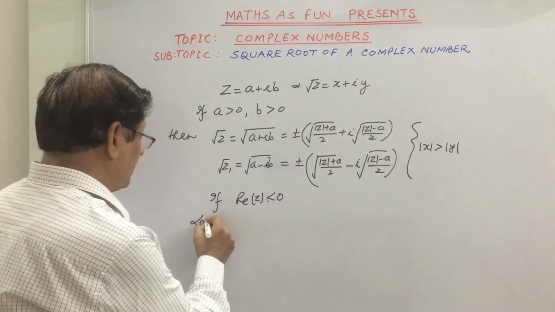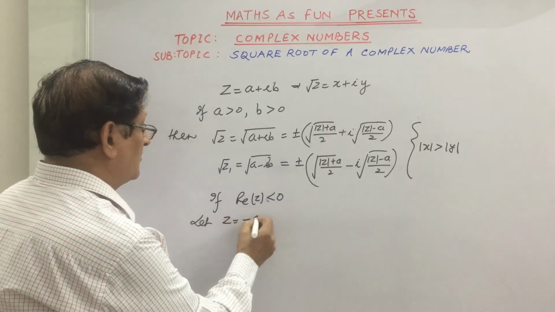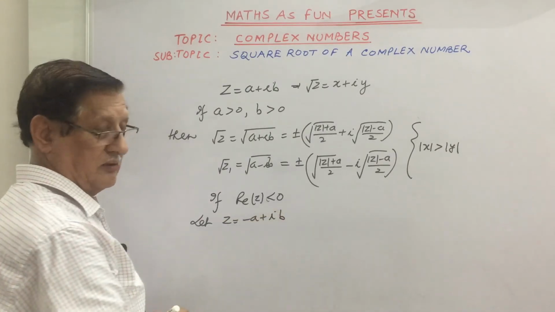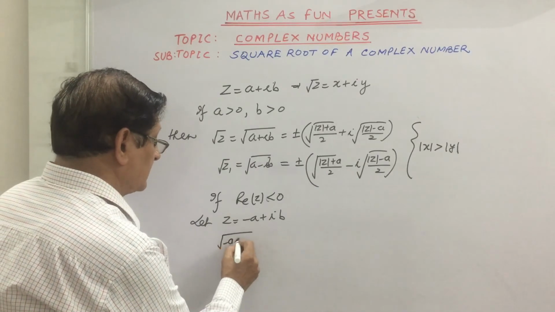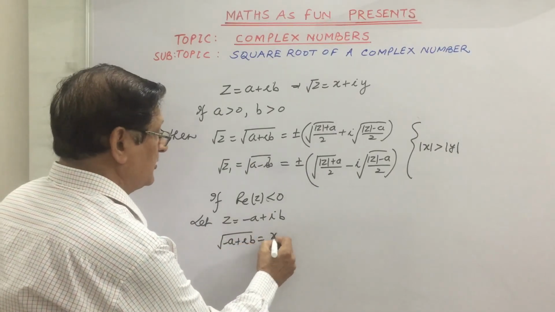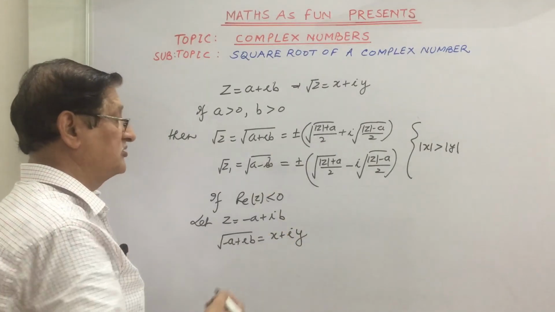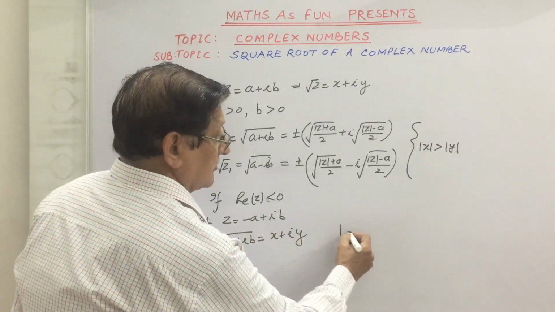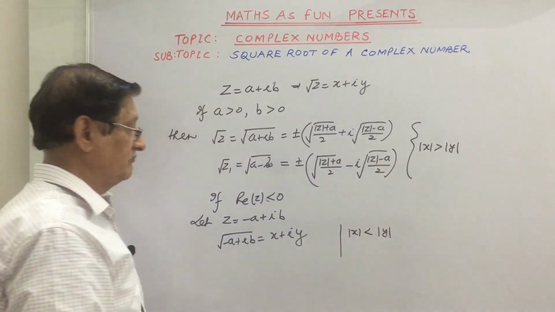that is, suppose you have been given z equal to minus a plus iota b, then suppose you have that root of minus a plus iota b is equal to x plus iota y. In such cases the procedure will be same, but you will find that modulus of x will be less than modulus of y,